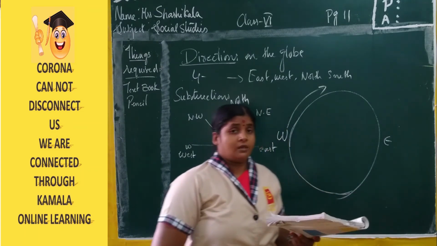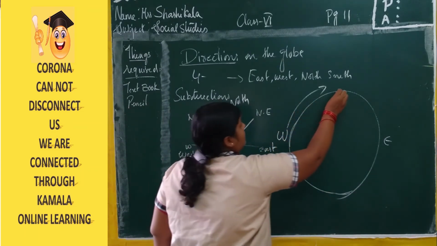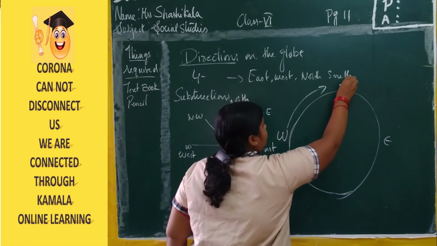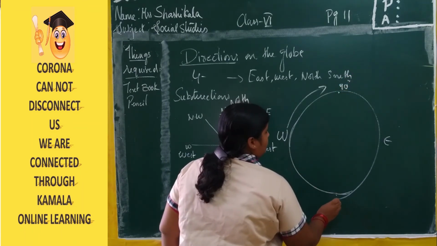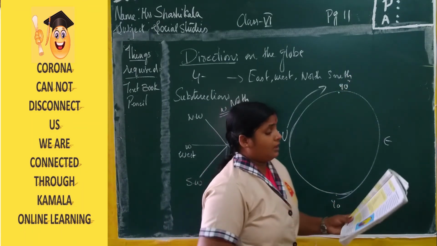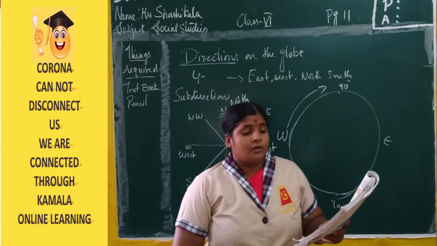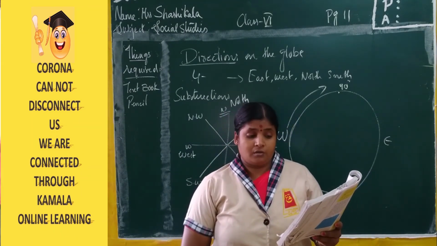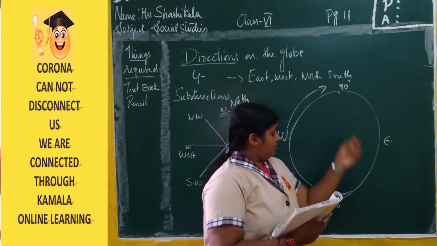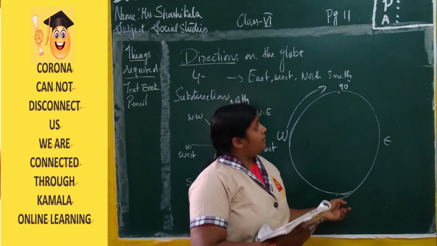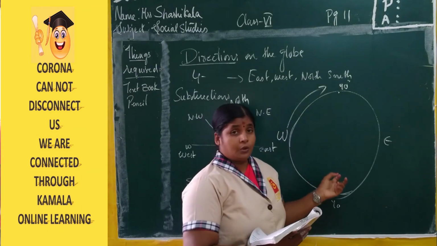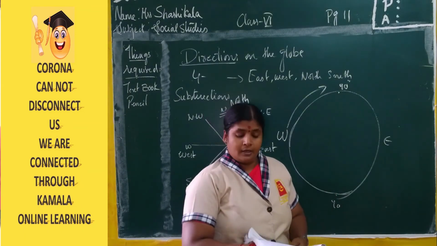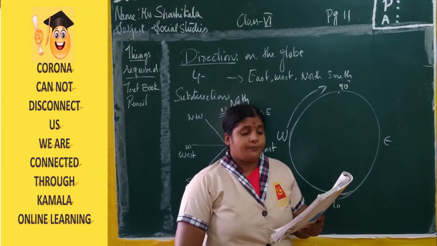Now you have observed the 2 poles on the globe. What are the poles here? The 90 degrees latitude shows the pole area. There are 2 points on the opposite ends of the earth. This is the starting point and this is the ending point. These are the 2 end points of the globe which show the pole region or the polar region.